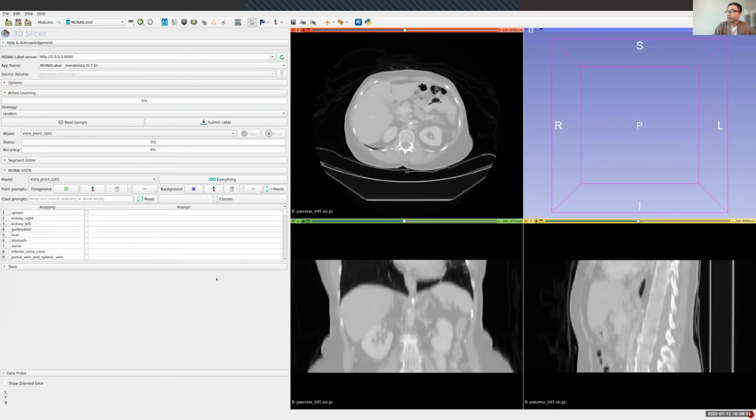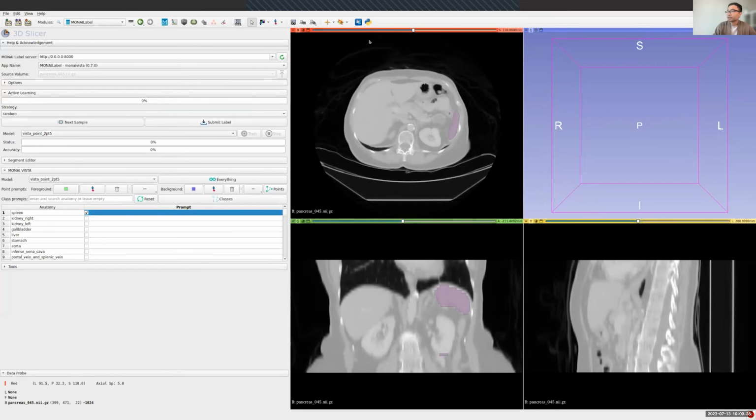So you can see now we have already loaded the image embedding here, and then we can do spleen segmentations. Before that, we can see that there are 104 classes here in the checkbox, but typically we do not need all of these at the same time. So for example, we can select the spleen. So we check the spleen and click the classes button here, and then we can get a spleen segmentation